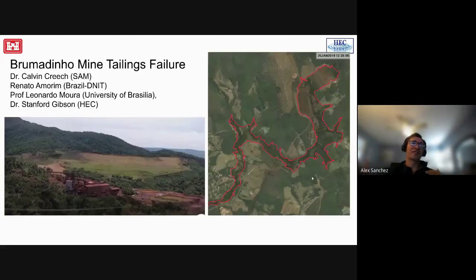This is a little, or very, different. I know we haven't covered non-Newtonian modeling in this class, but I thought it'd be really cool to show this. This is a dam that failed in Brazil. I want to say February 2019. Stan can correct me if I'm wrong, but